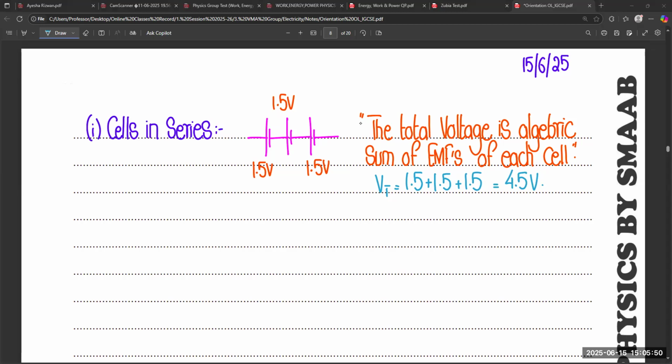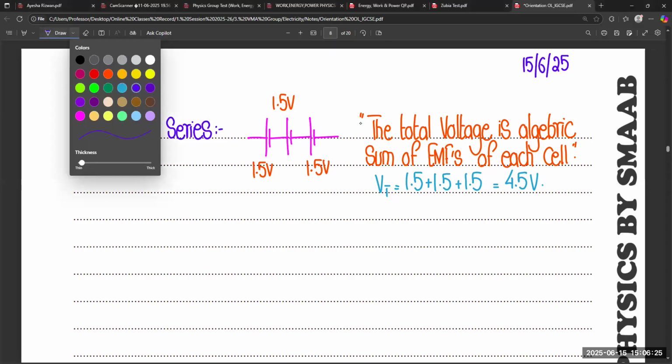So let's suppose you have small values of cells and you want to make a cell of a greater value, so you can connect multiple cells in series combination. So you will get a large value of the voltage because all the cells are connected in series combination. So this is the advantage, that you will get a greater or different value of the voltage if we add cells in series combination. But we also have a disadvantage.